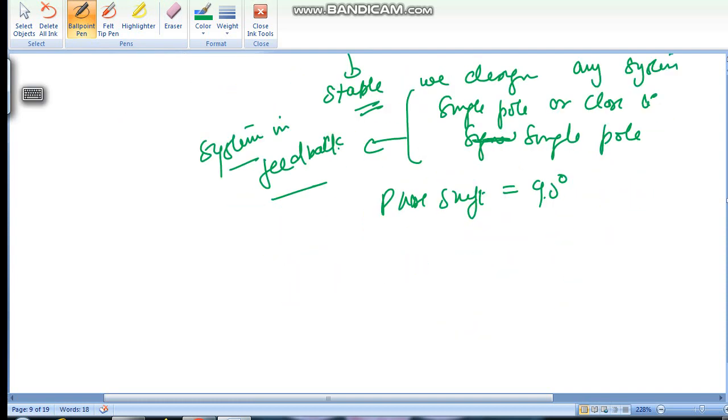And for an unstable system, the phase shift is greater than 180 degrees,